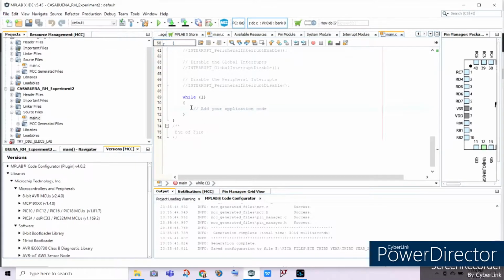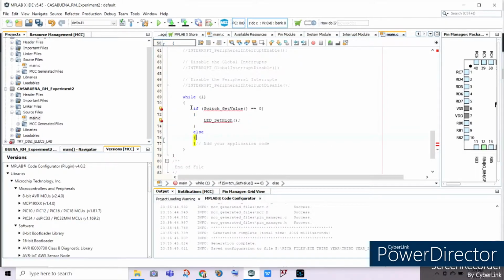So we will be typing our code. So let's type it here. If switch get value, open and close parenthesis, is equals to 0, meaning logic 0, then our paste here, LED set high. So open and close parenthesis, and then semicolon, and then our bracket here, and then else